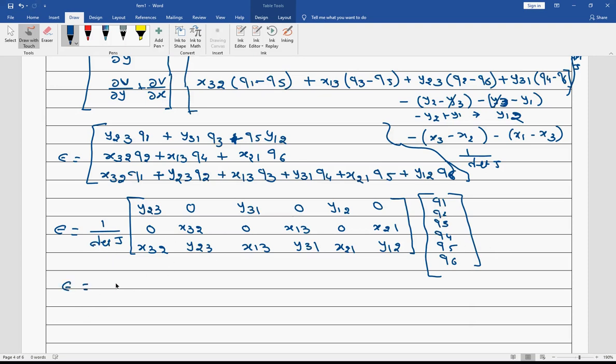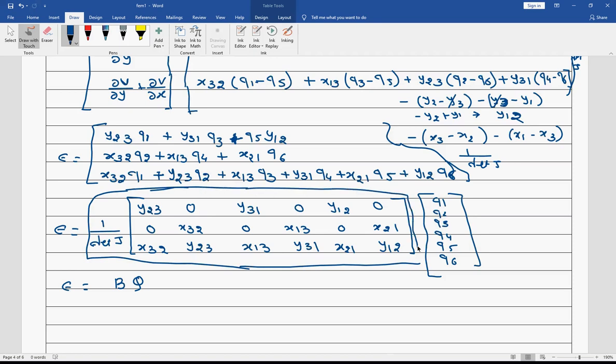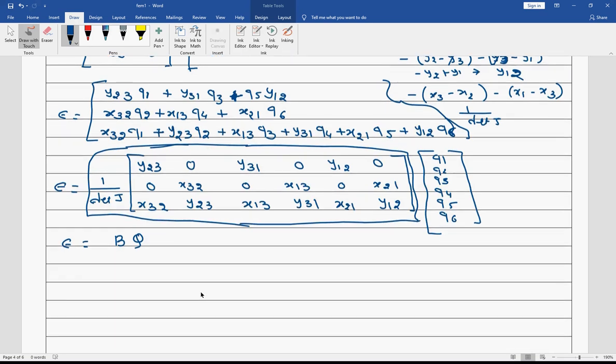So epsilon is equal to B into Q. So what is B? This is B. Okay, so the which I have highlighted, this is the B matrix. Okay, so it's easy to remember. You have to remember this y23 first, always. Okay, so 2, 3 you have to remember it. So 1 upon determinant, I just write down quickly, 1 upon determinant of J. So B equal to, so I just remember y23, that this is my first element. Okay, so I make it this 0.